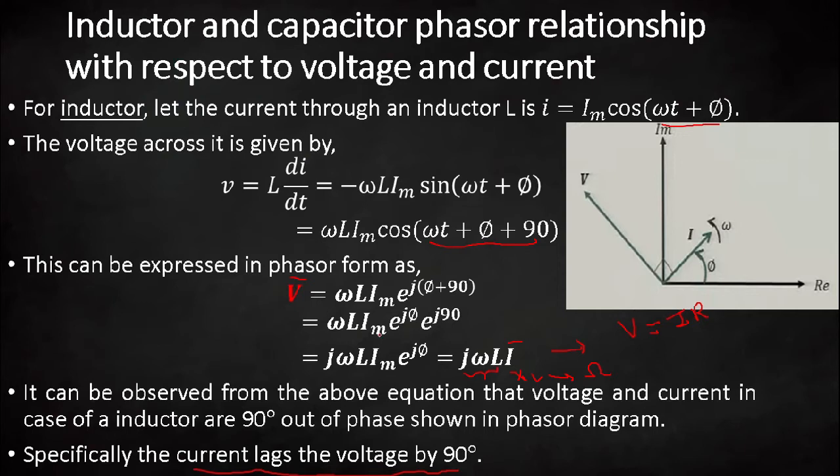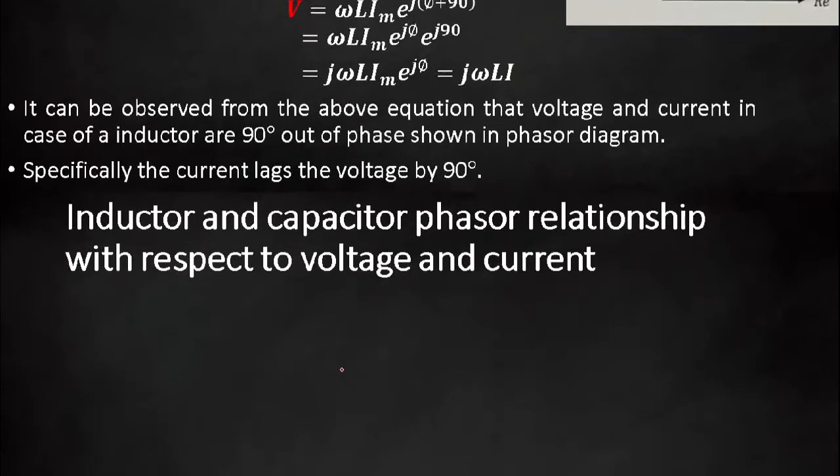Okay, so in case of an inductor, the current lags the voltage by 90 degrees, or we can say that the voltage leads the current I by 90 degrees. We are just taking a different reference only. In the same way you can find it for a capacitor, which we are going to do in the next slide, but I think it is clear to you. In that case, the capacitor voltage and current relationship will be much easier.